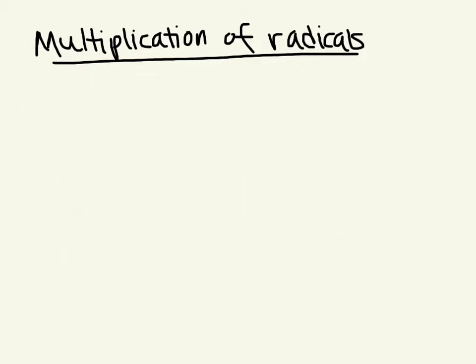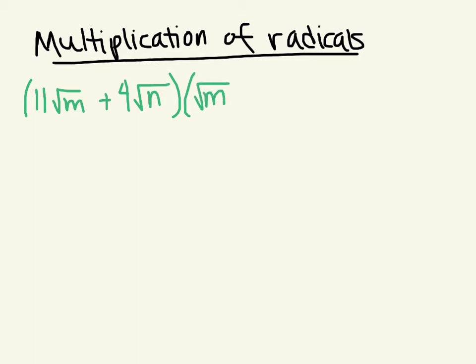Hi class, this video is going to be on the multiplication of radicals. The problem we're going to do is 11 square root m plus 4 square root n times the square root of m plus square root n. So we see here we have two expressions being multiplied together, which means we need to